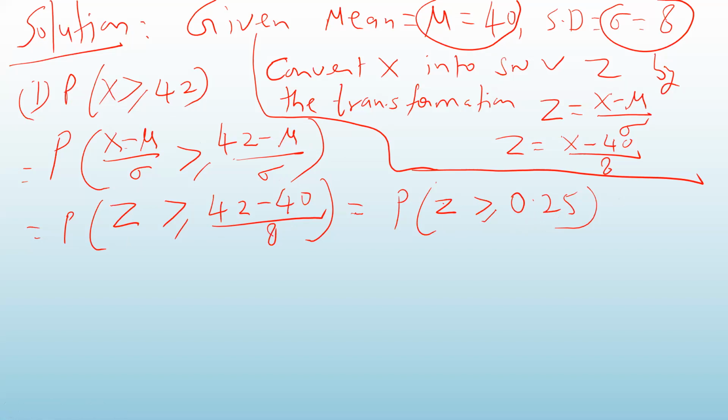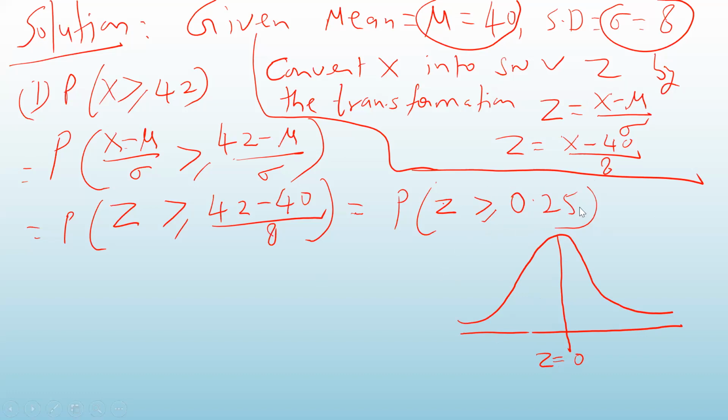Okay. Now what you have to do, let us look at where this point will be. So let us draw our normal curve. Okay. So this line is actually x equal to mu, but we have converted x into z. So this line is z equal to 0, because the standard normal variate has mean 0. Okay. So this is the line z equal to 0.